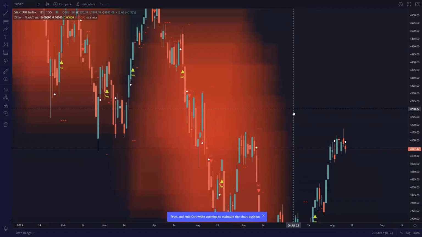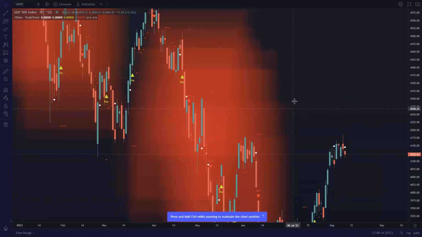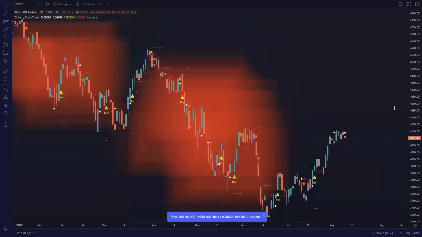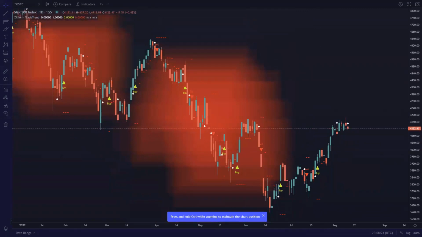So again, this is a daily chart of the S&P 500 index, the SPX. So let's take a look at our key levels. Okay, so these are support and resistance levels, and ones that we're going to want to watch very closely over